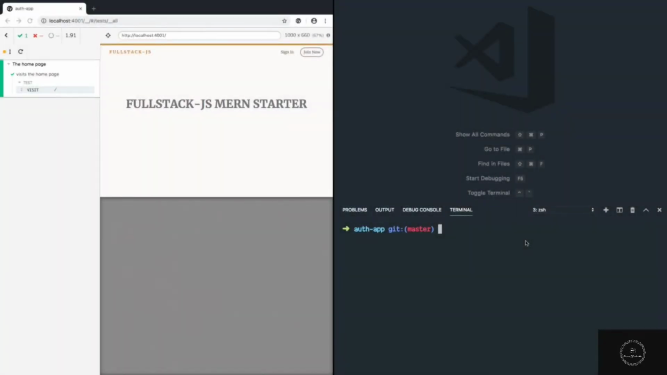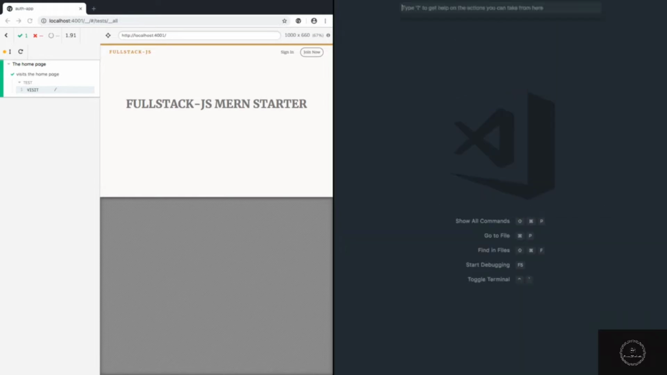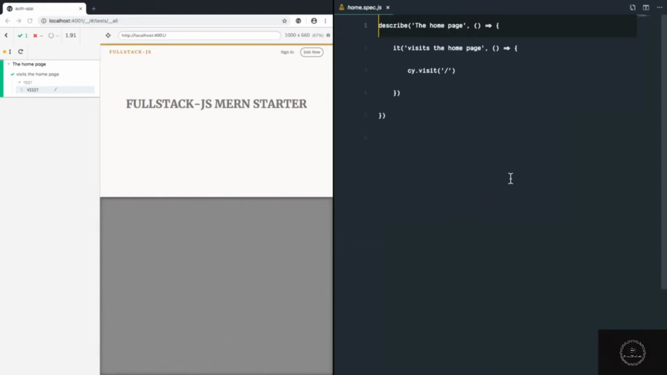I have Cypress running and I've opened it up side by side so that you can watch how the tests run as we implement the test. The first thing I'm going to do is update my home.spec, and the first test is should display site title,